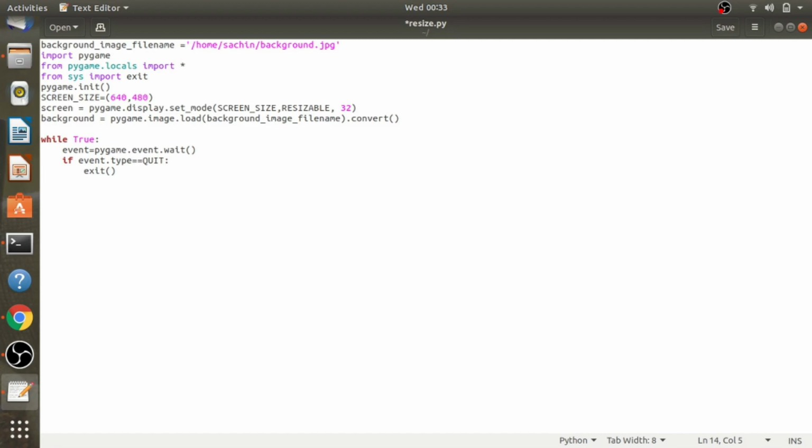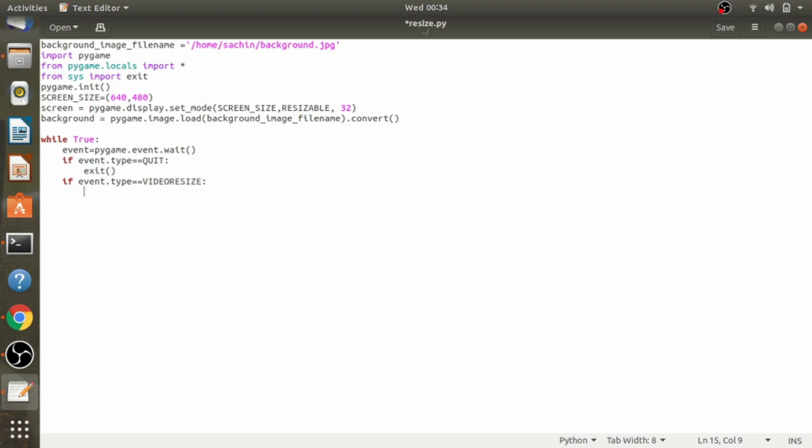Now if you click on the corner or the edge of the window and drag with the mouse, the script will get a VIDEORESIZE event. So if event.type is equal to VIDEORESIZE, the resize message contains three values, that is size, w and h.